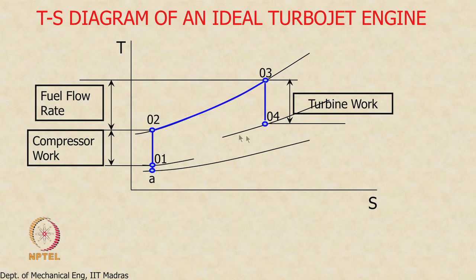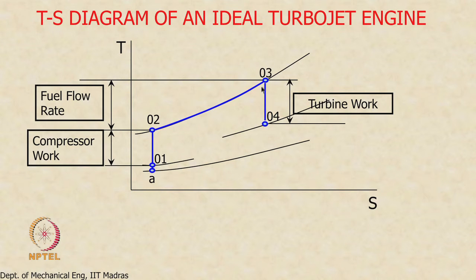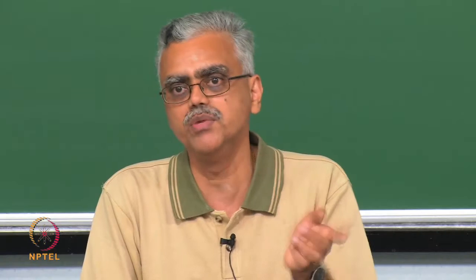This is the turbine, and again we go from state 3 to state 4. We extract work from the fluid here, so that we can use it for running the compressor. Okay. Because the isobars diverge from each other, these two are equal numerically but not in this figure. The turbine work is equal to the compressor work, but in this diagram T03 minus T04 will not exactly be equal to T02 minus T01. However, the work will be the same. Okay, so you must keep that in mind.